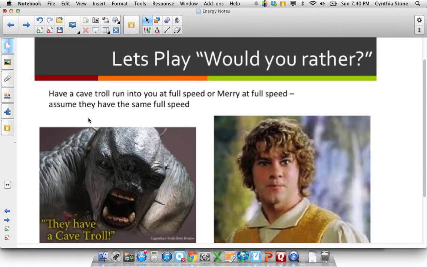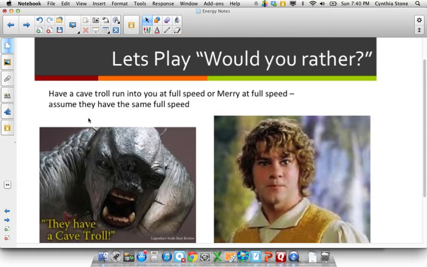And so what is momentum? Well, the main thing is, let's play Would You Rather. Would you rather have a cave troll run into you at full speed or Mary at full speed? And assume they have the same full speed. Well, I think you'd probably guess Mary, because he's itty bitty and a cave troll is huge. However,